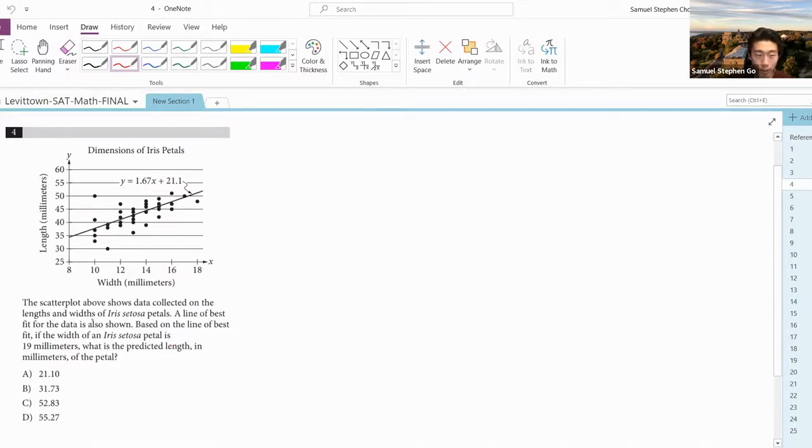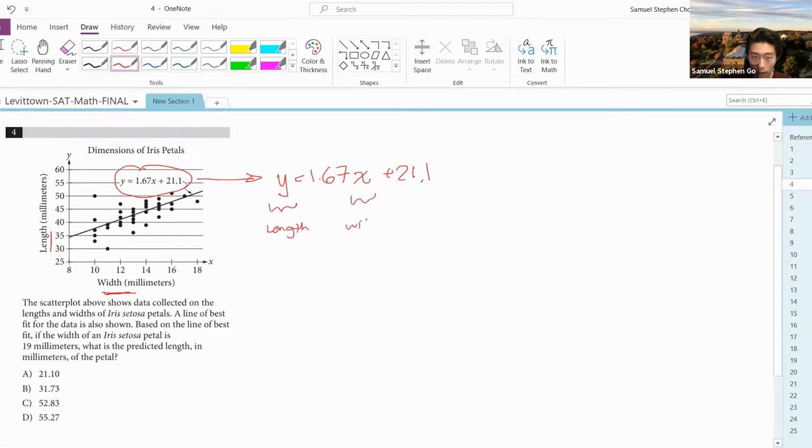So actually, what I'm looking at right here, first we just got to understand what the graph is saying. This is the width as the independent variable and the length. They give us the line of best fit equation right here. So I'm just going to rewrite this on the side. Y equals 1.67 x plus 21.1. And so this is telling us, just to break it down, y is the length of the petal, x is